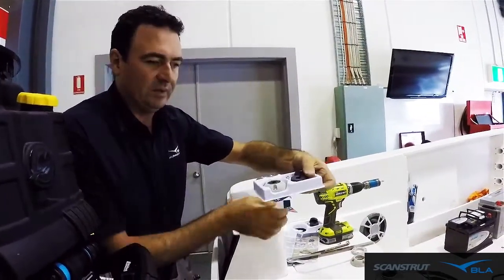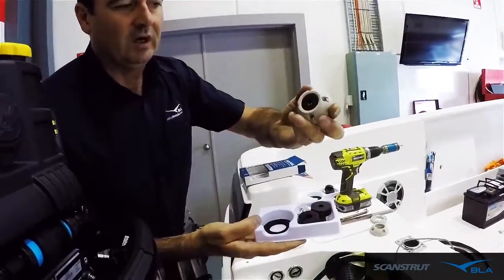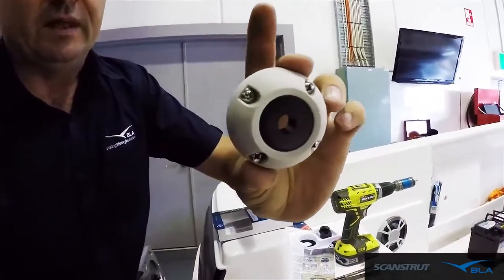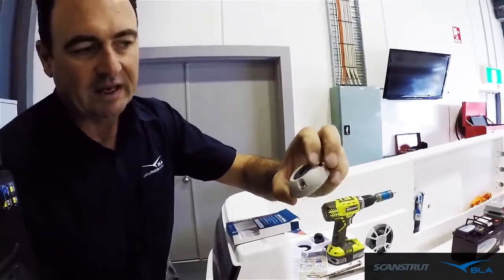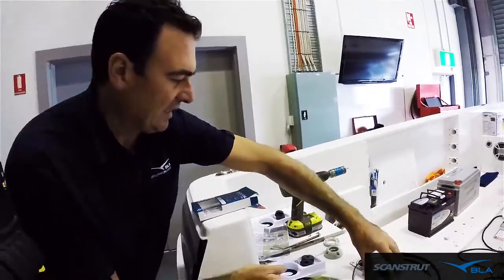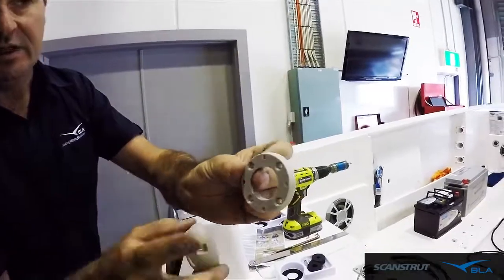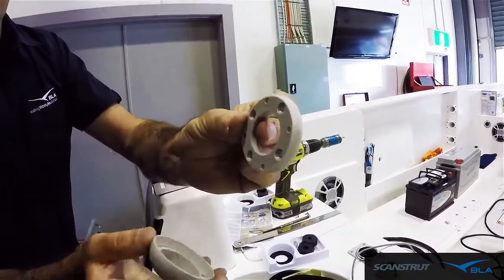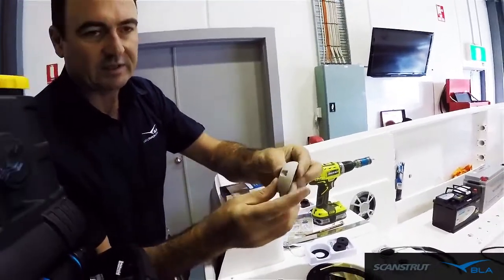So what the kit comes with is a few sizing options for your rubber gasket. So you've got that one there. It's a three-part section. You've got your outer part, your rubber gasket, and also your backing. I've got one apart so we can have a look at it. So that's it, just a part there. So you basically screw that section on, and then your rubber section, and then that clamps up and it buttons